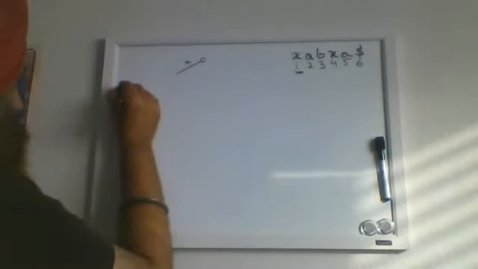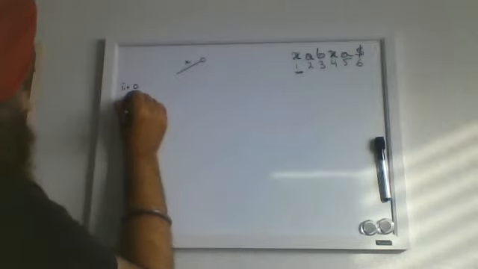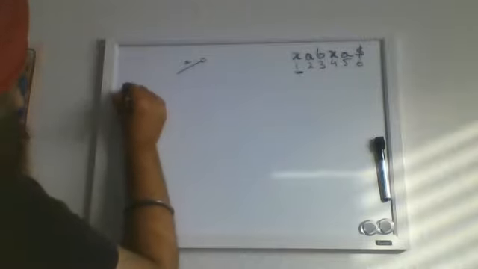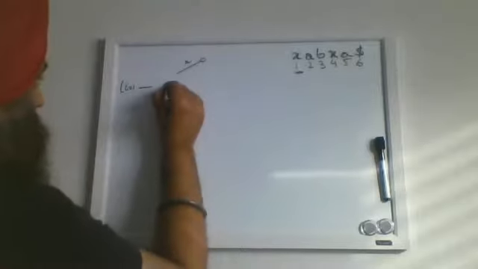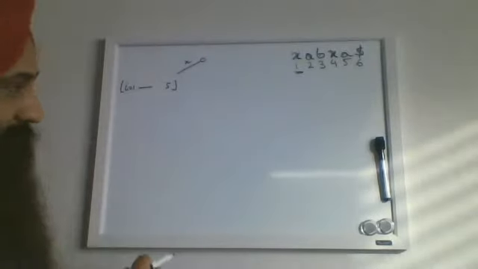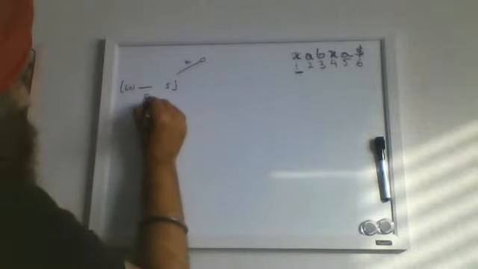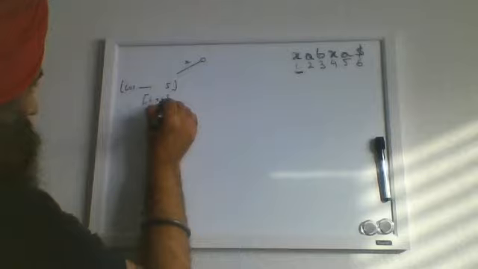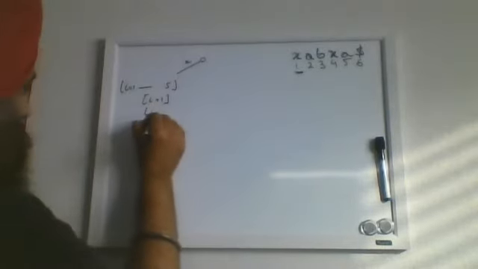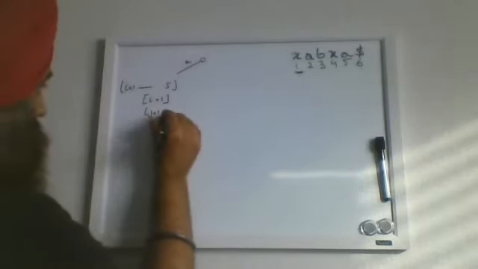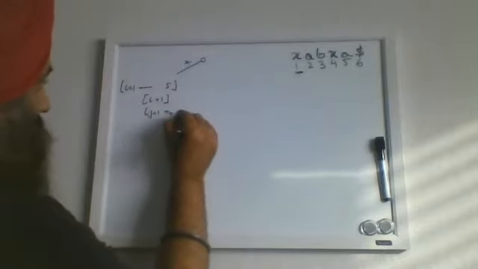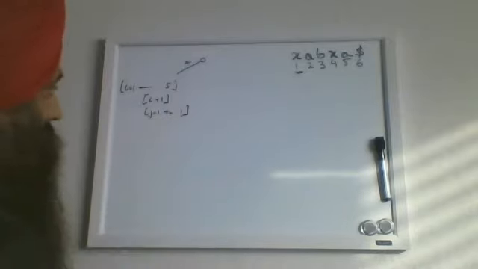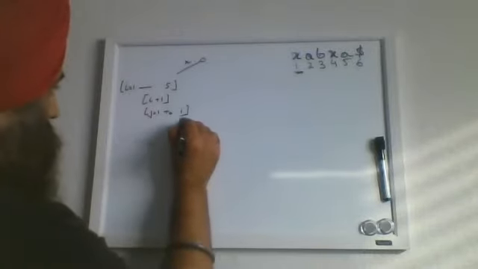Now in second phase, your i is equal to 0. You begin phase i plus 1. Sorry, i is equal to 1 to m minus 1, that is 5. This will run the outer phase. Your phases will be represented by i plus 1, and you will have extensions j, 1, 2, up to the value of i, and you will try to add the character i plus 1 in it.